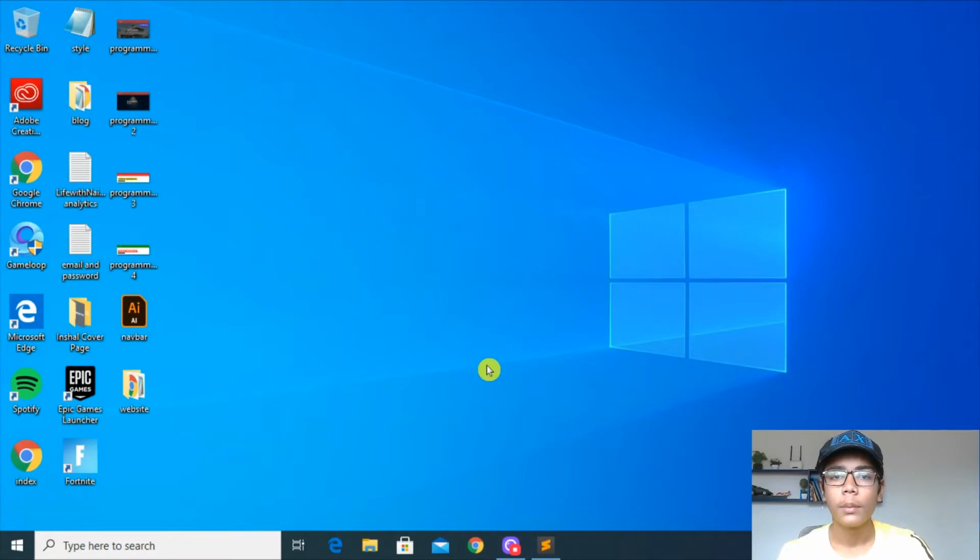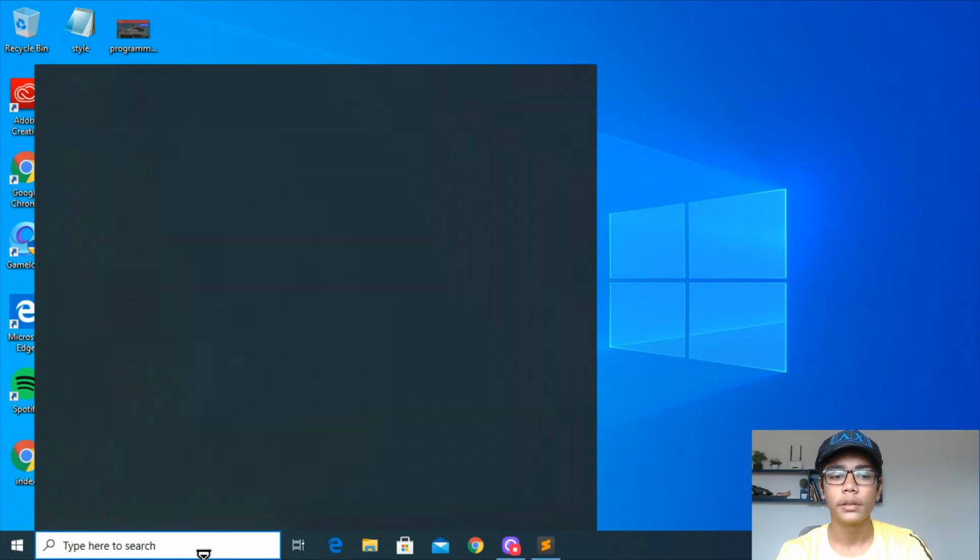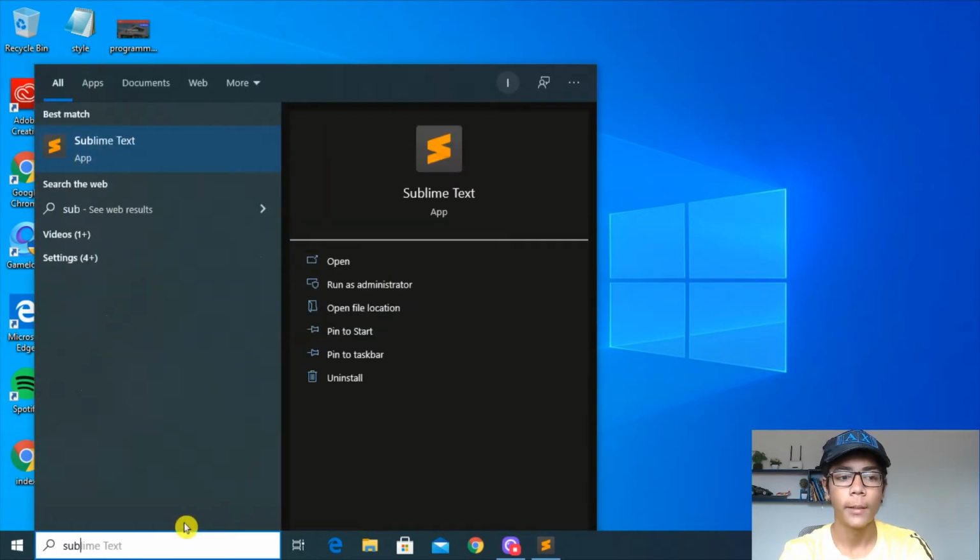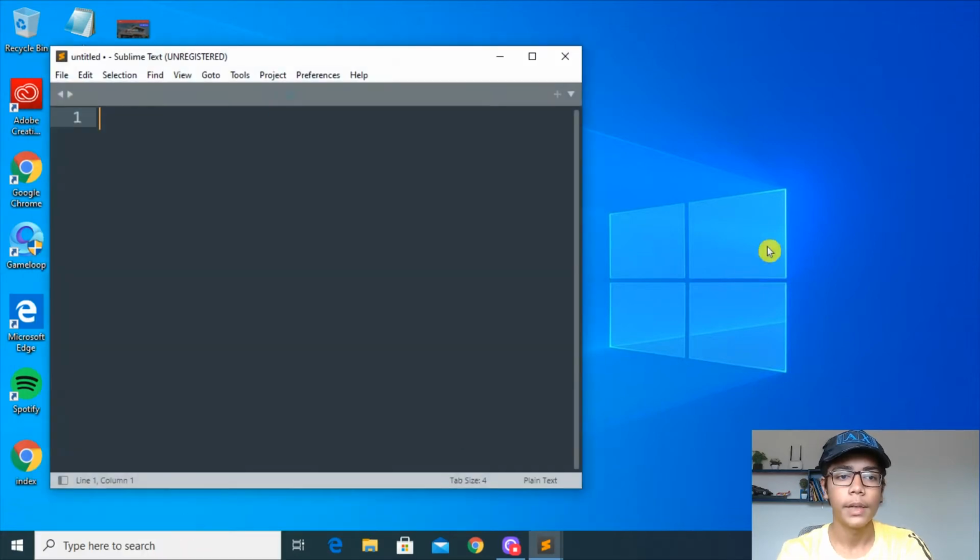First of all, for making a cover page you have to open your text editor in which we will be working. Like previously, we are working with Sublime Text Editor, so I will open that so we can work in it. As I told you previously, you can simply download Sublime Text Editor from Google. It is not a big thing to download. Now I will be opening my Sublime Text from here.